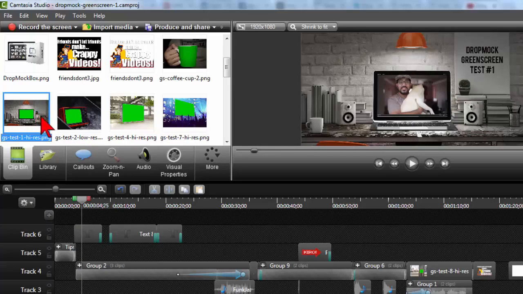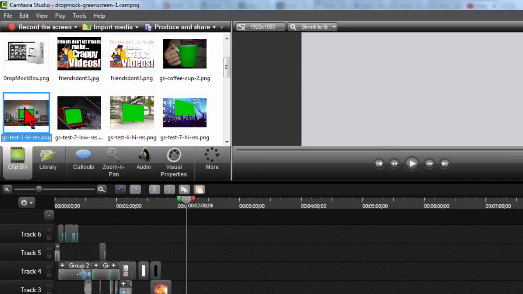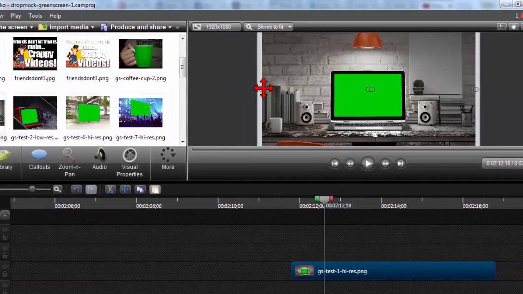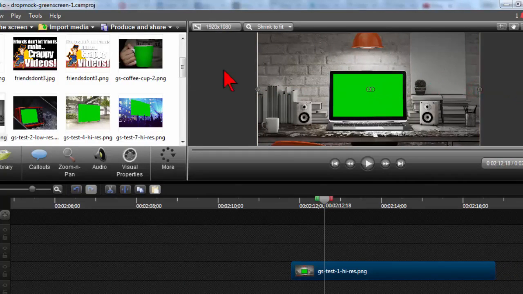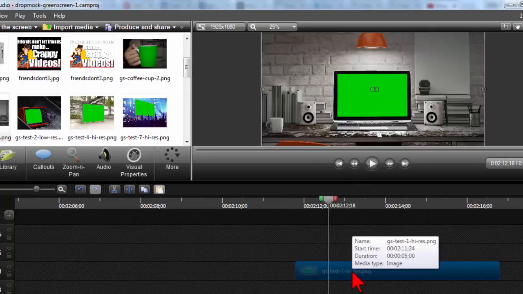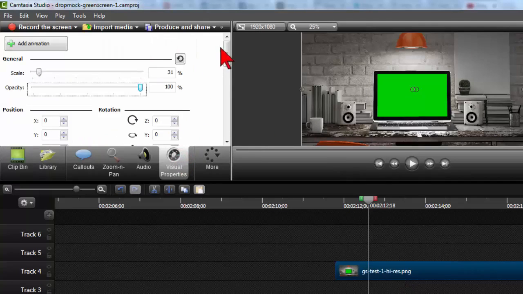It's that image that we basically just created in Dropbox. It has a green screen. Okay, so let's jump to the end here and I'll show you how to set that up. I would take my image, drop it on the timeline, stretch it out, and resize it to make it fit. Not all of the images are widescreen, so you just have to monkey with them, but it's no big deal. The first thing I'll do is click on it and go to the visual properties,